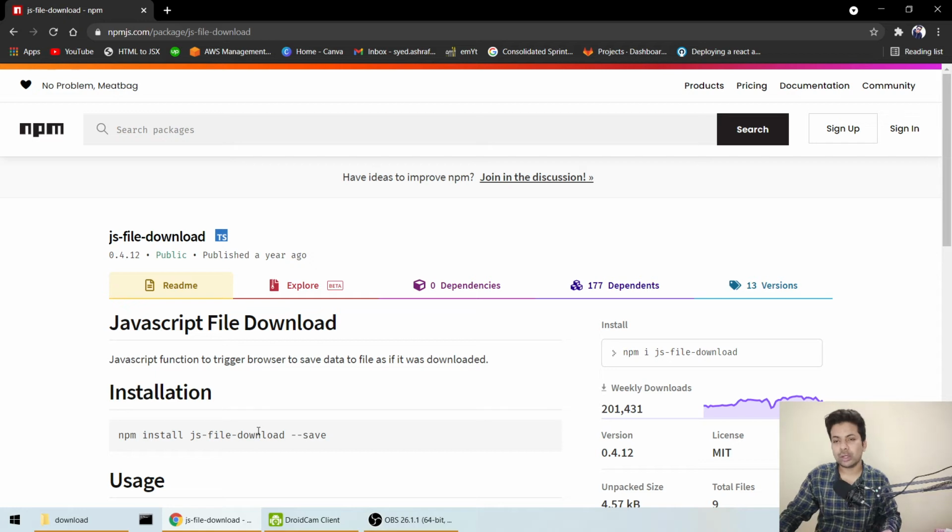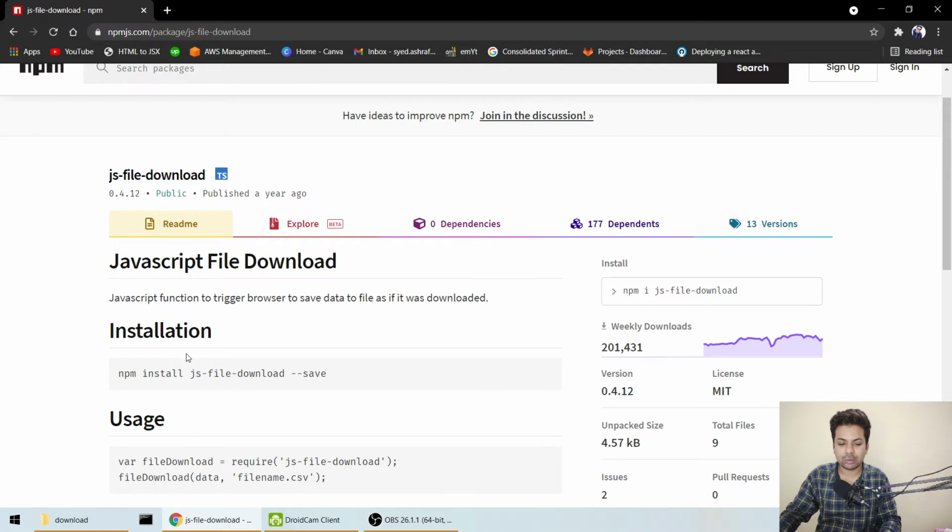I'll tell you how you can download files in React using Node.js as a backend. And believe me guys, it is super easy. We'll use this JS file download. If you watch the whole video, I guarantee you will understand it. You don't have to write application type as PDF or CSV. It's super simple, the same format for every file. Okay, so let's just get started.